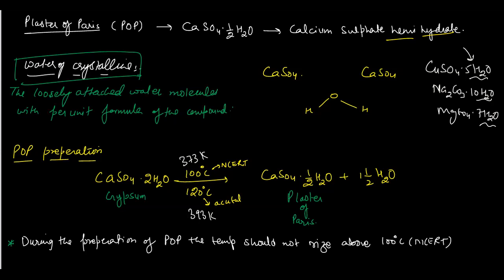So that's why on average, as per our formula, per unit formula of the compound, it will be half. We cannot write it as 2CaSO4 attracting one water molecule, so we cannot write it this way. Actually, POP can be prepared by heating gypsum. Gypsum is calcium sulfate dot 2H2O. So when you heat it